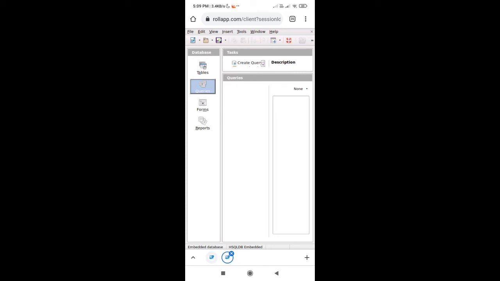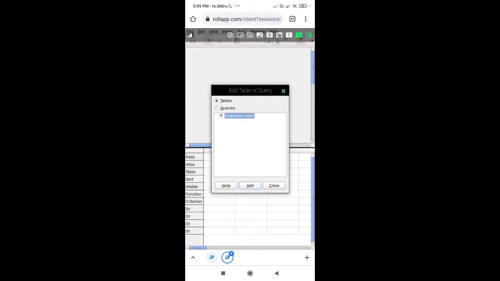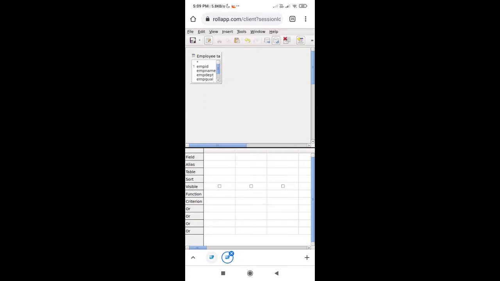Click on the first option from the taskbar. You can see this option appears. Select the table which you have created, click on add, and then close this box. The first query is based on employee qualifications.